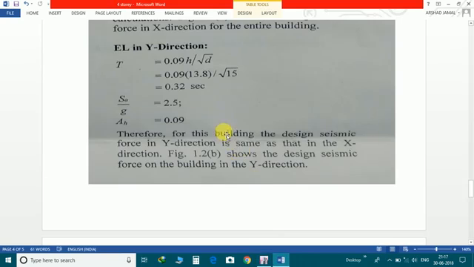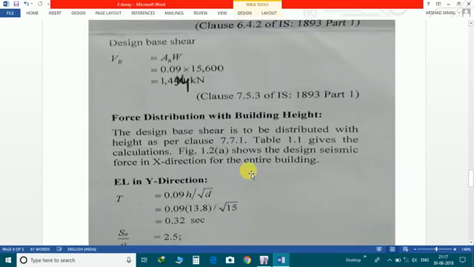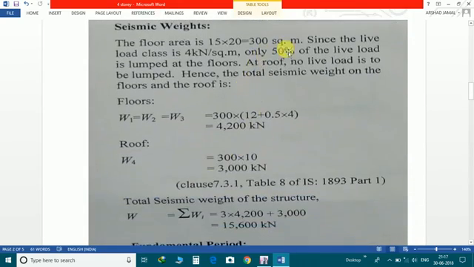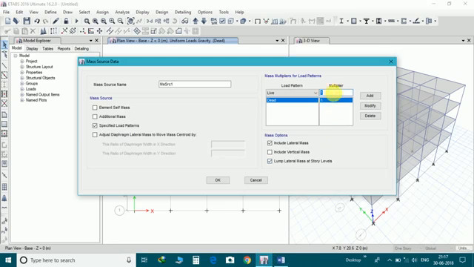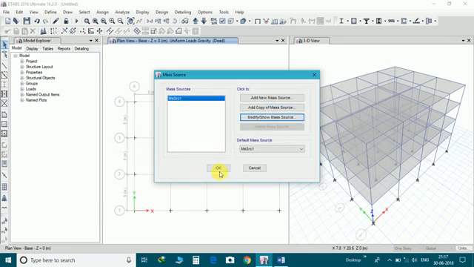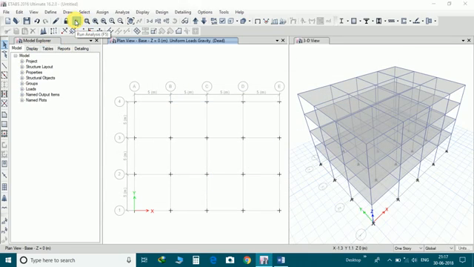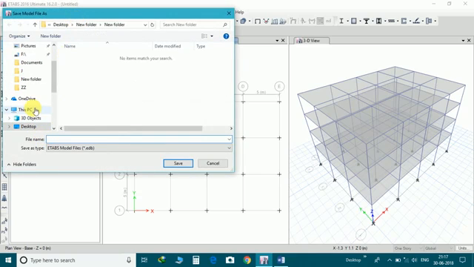I have taken here 50%, which means only 50% of the live load is considered on the floor. So here it is 0.5. Okay. Now we'll analyze the model. Save this model first.